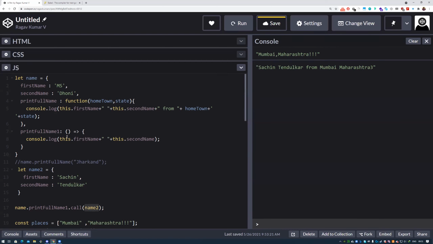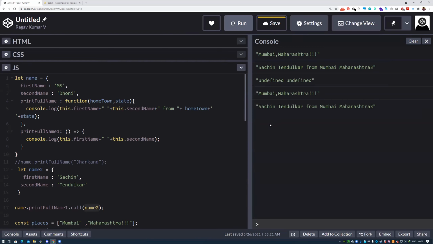But the idea with an arrow function is that it doesn't matter whatever context you give, it doesn't care about the context. It will just point to the window object, so it's giving undefined, since the window object doesn't have a first name and last name.